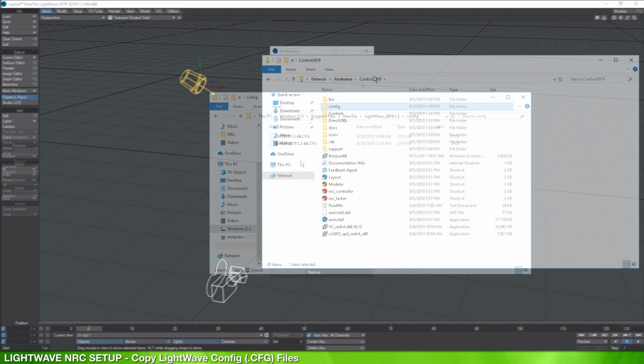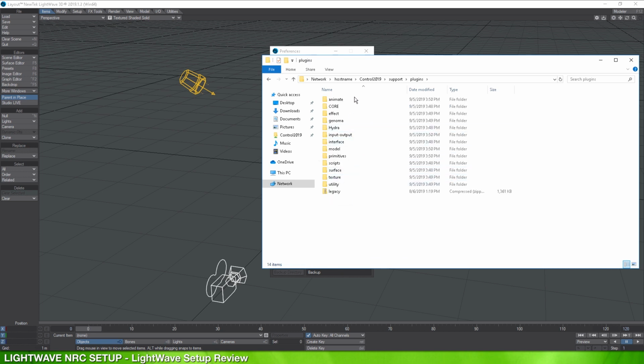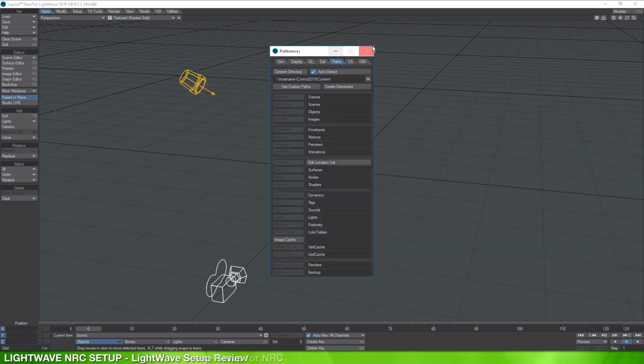For ease of use in a Windows 10 environment, if this control folder is what I'm using, I'm going to take this and connect it to my quick access, so I just have to click once to get here. I find that that's very handy. You don't have to do it this way. Your teams may have network shares assigned by a drive letter on your system. So with that in mind, we have the configs in here. We have the content directory, we have the plugins directory available, and that's all we need now to do the setup. Permissions are already set, we have the network share configured,